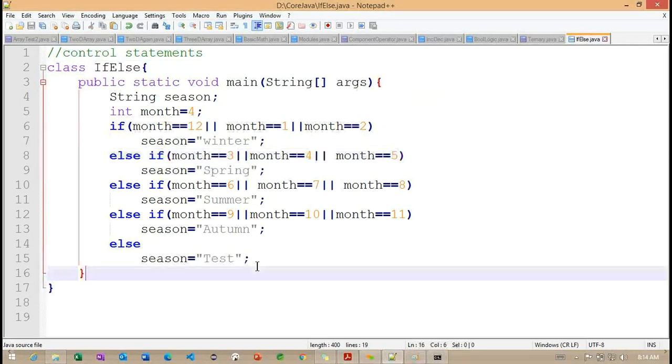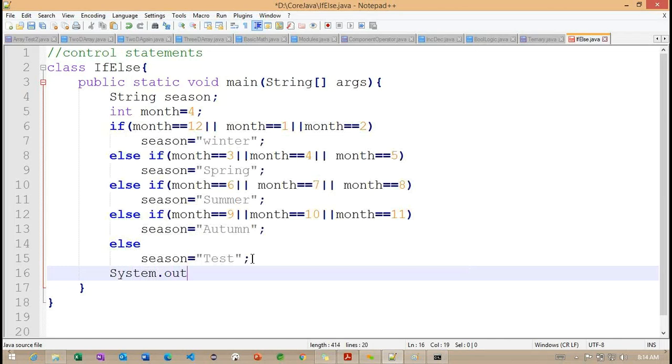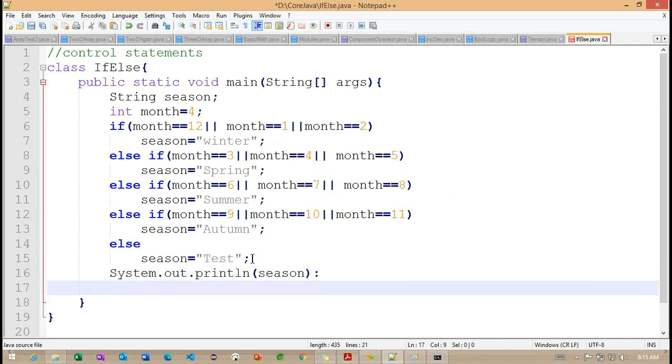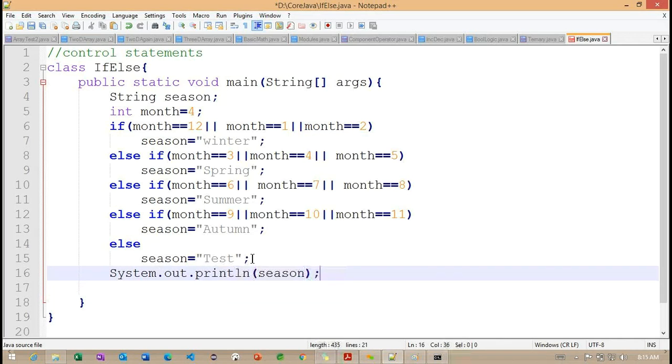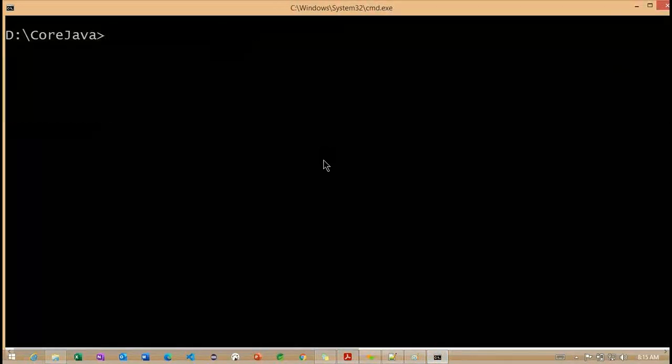Observe here, let's try to execute this simple example. Here we need to define System.out.println, simply printing the season.